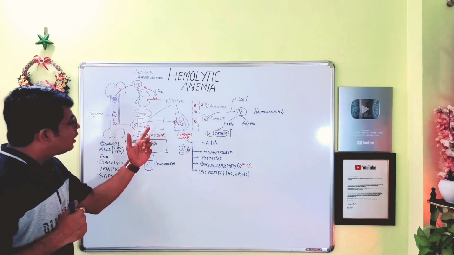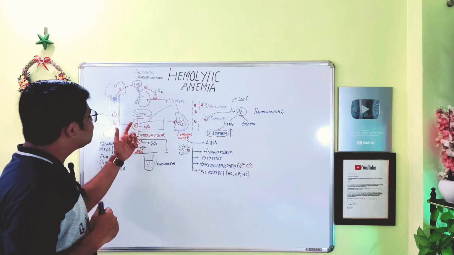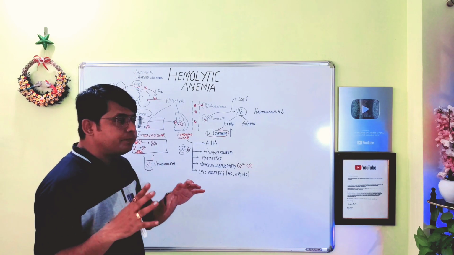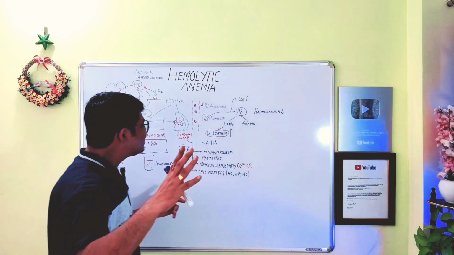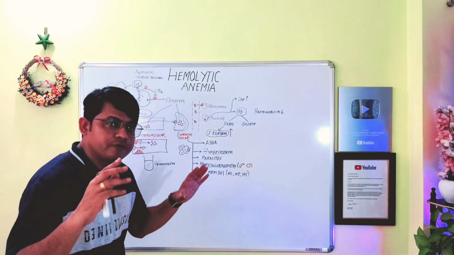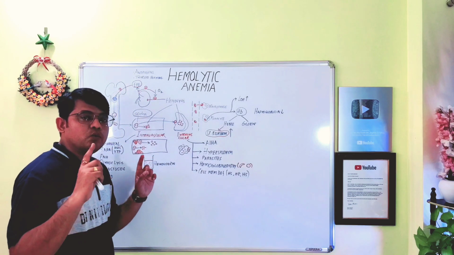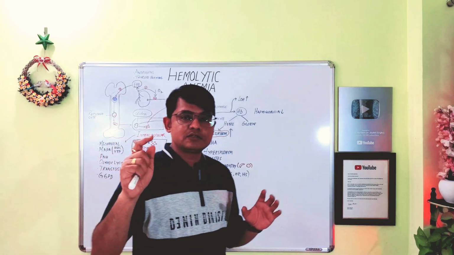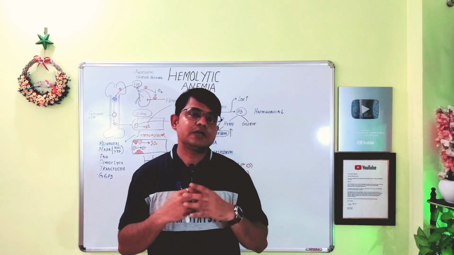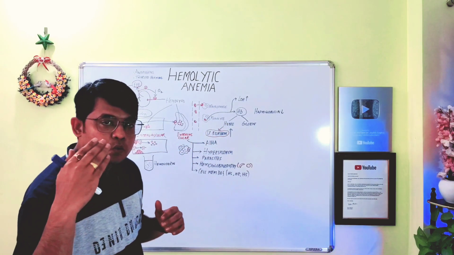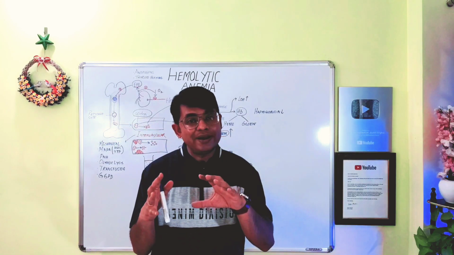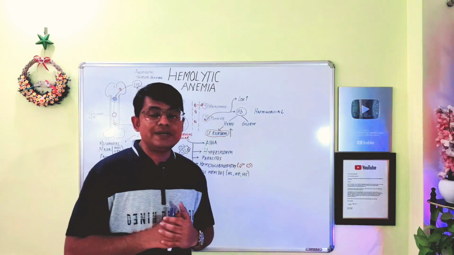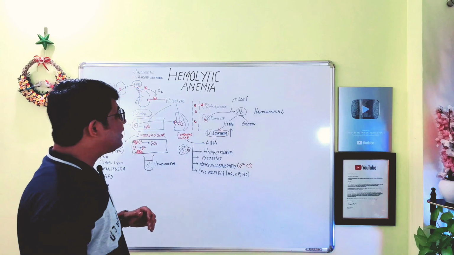After entering the peripheral circulation, this mature RBC stays there for on an average 120 days. So the lifespan of mature RBC is around 120 days. So what happens to a RBC when it crosses 120 days? It is destroyed in the